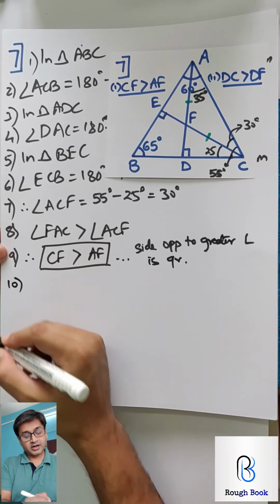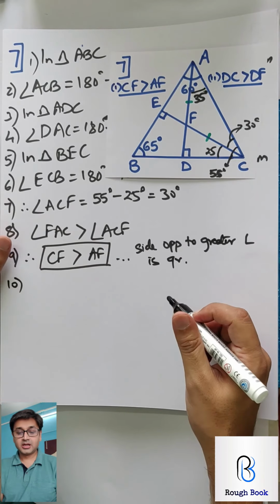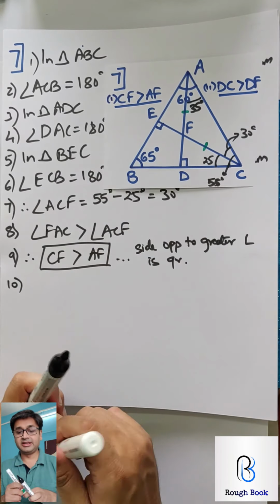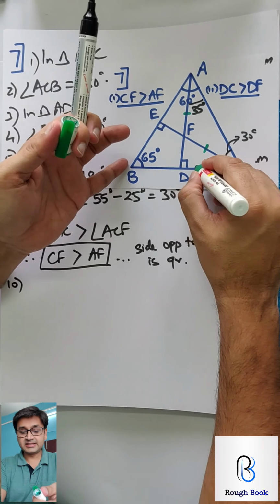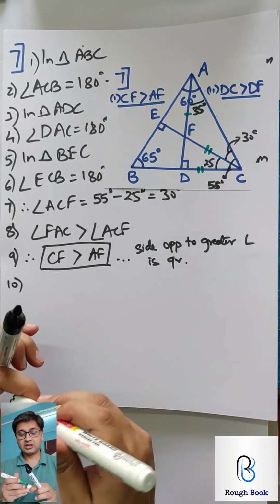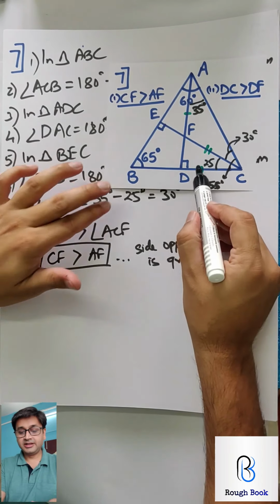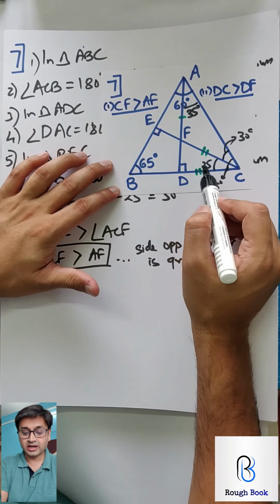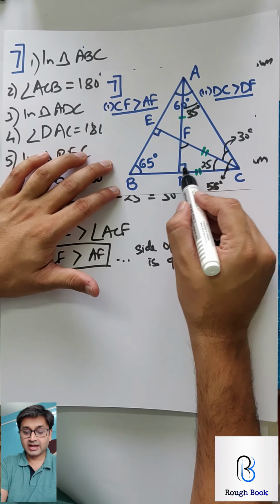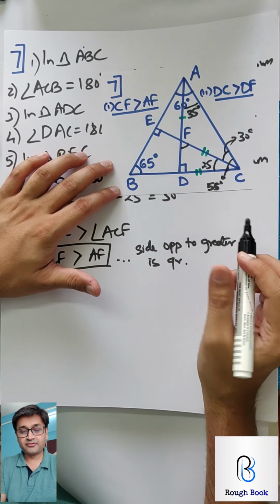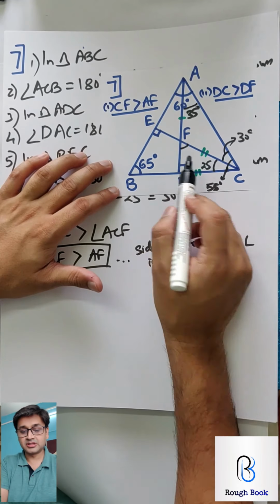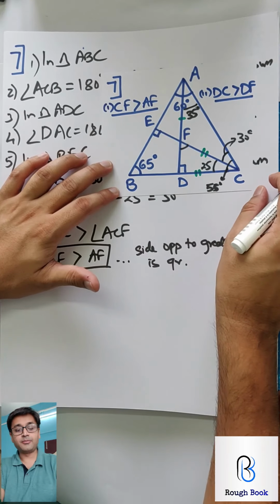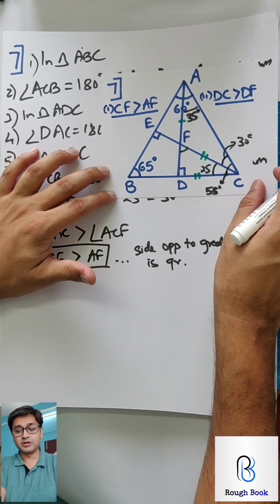Are you with me? Brilliant. Try the second one now. In the second part, they want this time DC and DF. DC and DF. So 2 green marks, DC and DF. For these two, I will have to get these two angles. See, this is opposite here and this opposite is 90. In fact, this is really simple because CF is the hypotenuse in this triangle. So hypotenuse automatically has to be bigger.